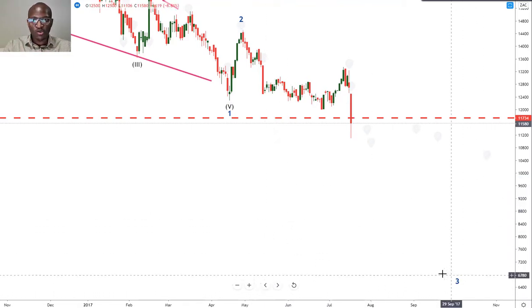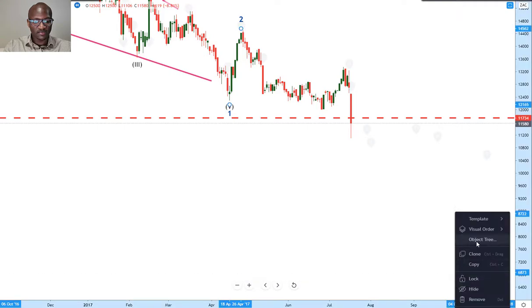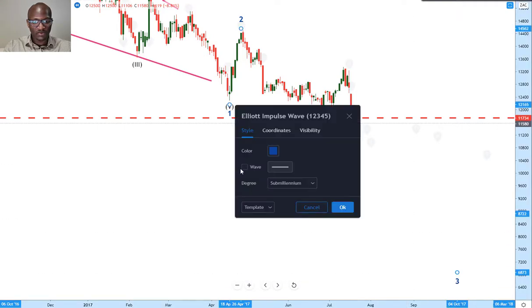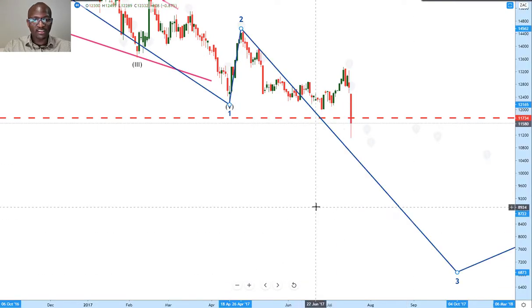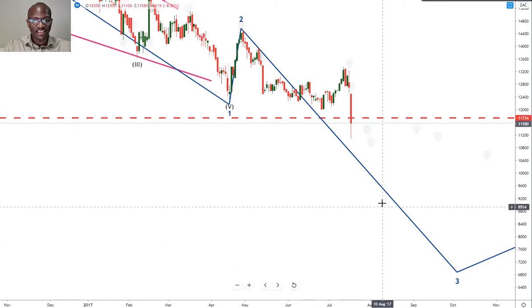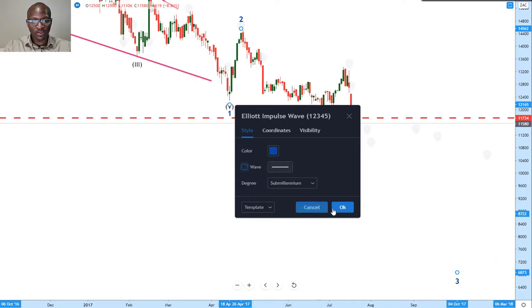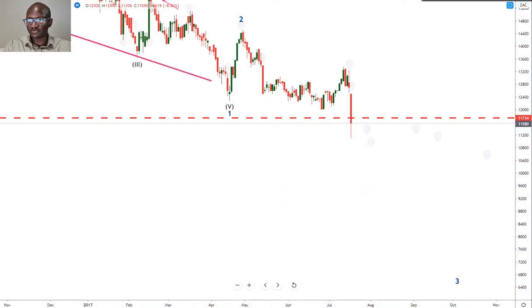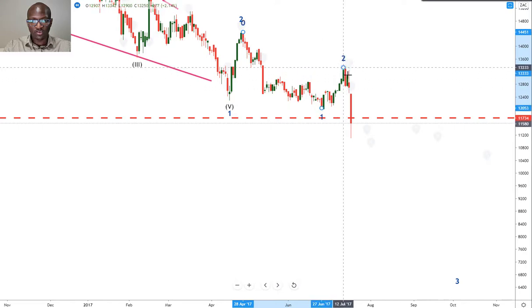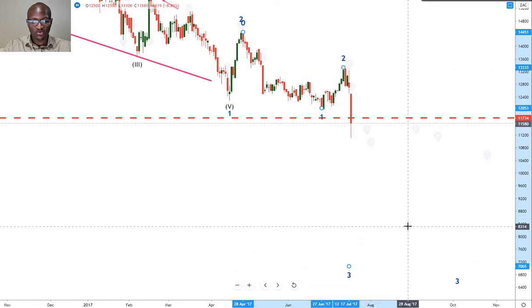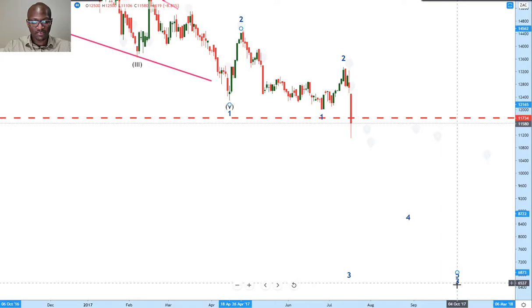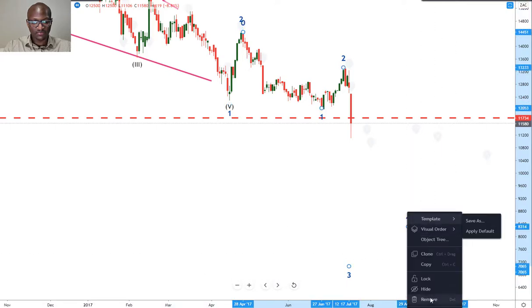Okay, so where we are in the market now is we are currently building this wave 3. And this wave 3 is also not going to be a straight line. It's going to break down in 5 waves. So we can start anticipating those 5 waves. We can label this as wave 1, wave 2, wave 3, wave 4, wave 5, for that wave 3.